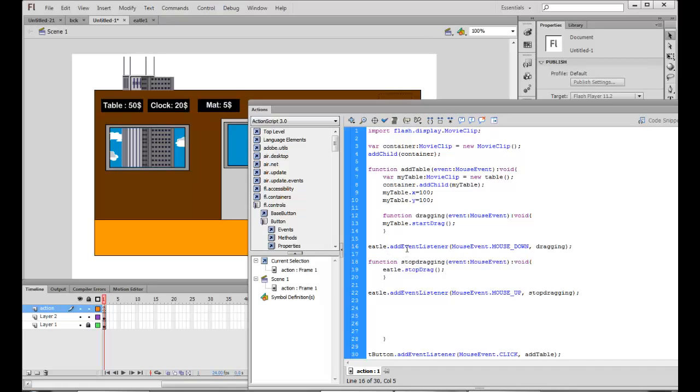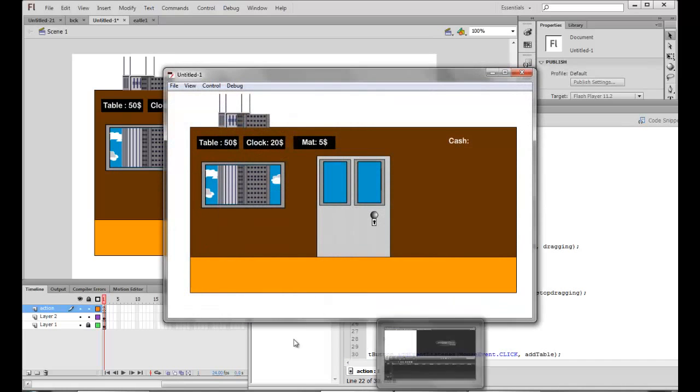You can just revisit the lectures to be able to add the functionality of draggability. So my table, my table. So let's see if it works.